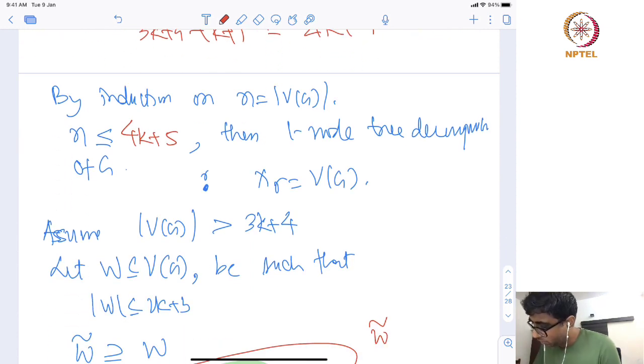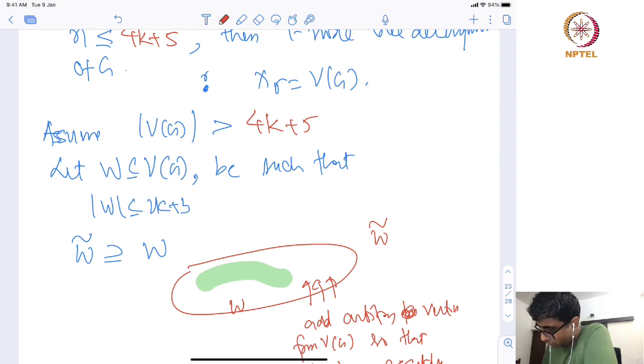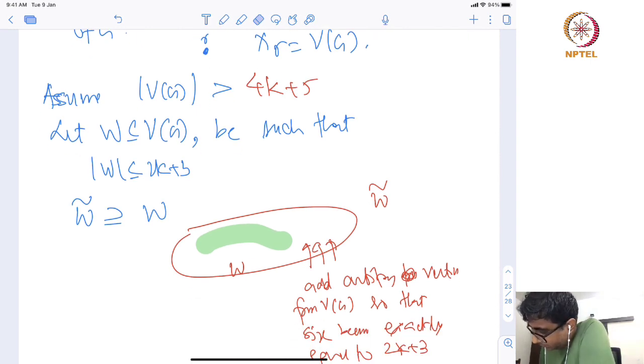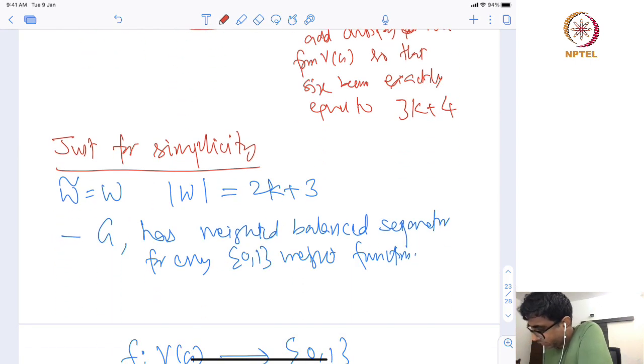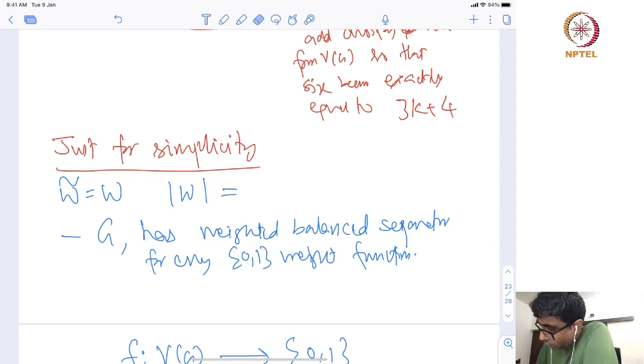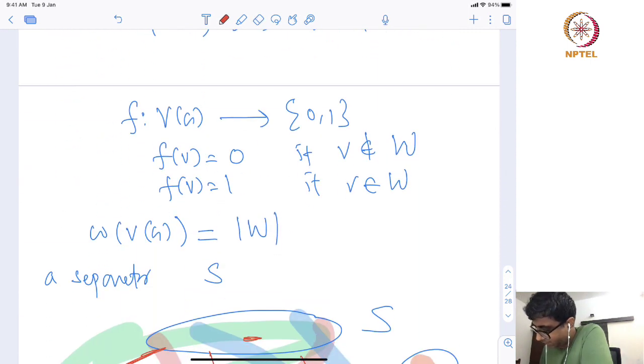Otherwise you assume that the number of vertices in the graph is more than 4k plus 5, and again you will do the same thing, but now you append it so that it becomes equal to 3k plus 4. Just for simplicity, you again do this 3k plus 4,